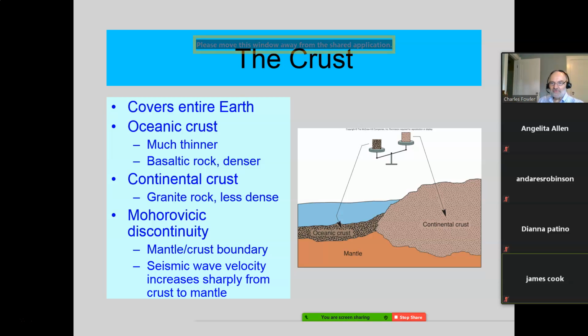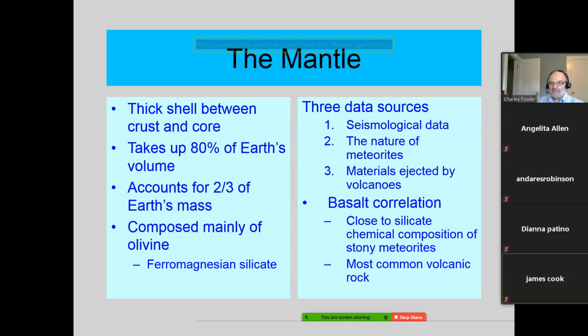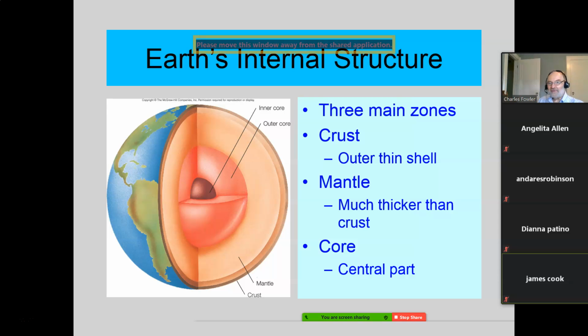All right, that's the crust. Let's move to the mantle. When they say a thick shell between the crust and the core, they mean a thick shell. Going back here and looking, that thickness here is way thicker than the crust by long shots, but even thicker than the core. This core probably is exaggerated just so you see it better. The mantle, remember this is also mantle, that's mantle, this is upper mantle, lower mantle, we'll get to that later. That's much thicker than this, and way thicker than the crust.